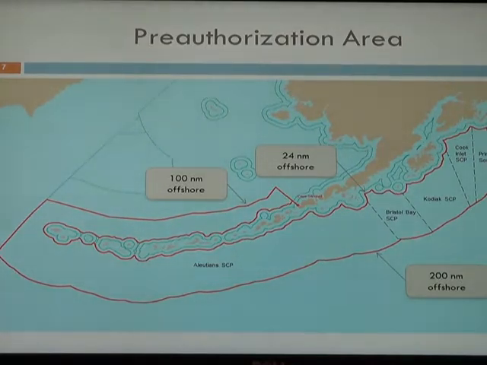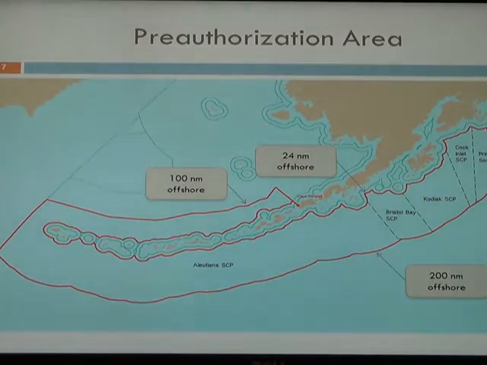On the south side, it goes from 24 nautical miles, which corresponds to the contiguous zone on a nautical chart, and goes out to the 200 nautical mile line, which is the exclusive economic zone, or EEZ line. And then it travels west out to the maritime boundary line, international line, and then it goes to 100 nautical miles north of the Aleutian chain and travels east to where it ends.